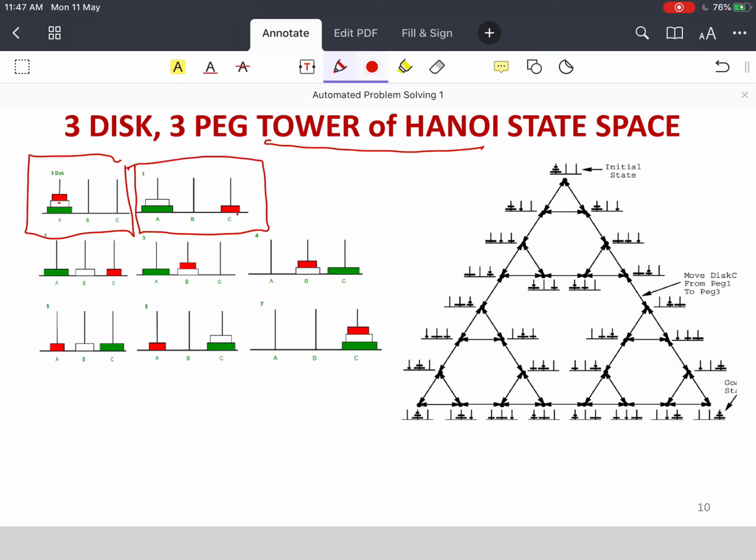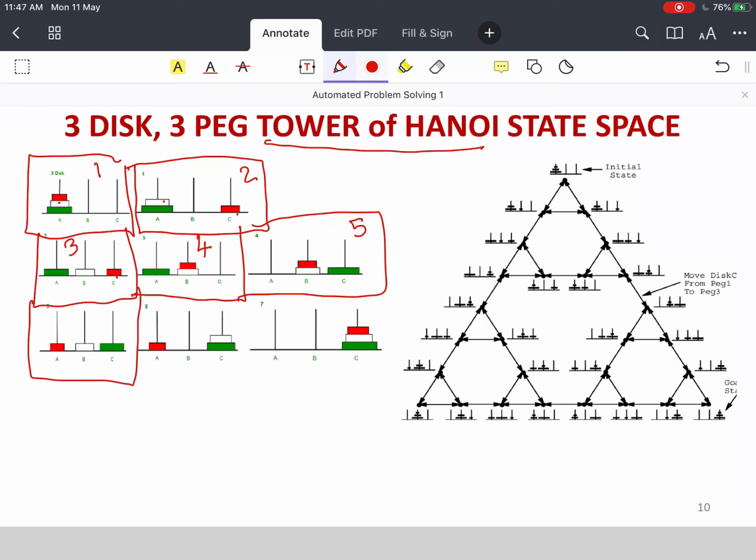Then from this configuration I can move the white one to peg B, and I move to this configuration. So this is my first configuration, this is my second, this is my third. From this third configuration I can take the red and move it over to the white, and I get my 4th configuration. Now I take the green and move it over to the third peg, and I get my 5th configuration. Then from here again I take the red and move it over to the first peg, and I get